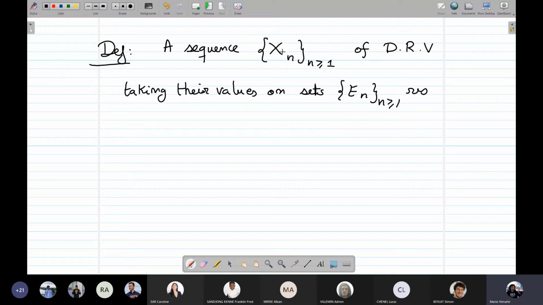That means that X1 takes its values on E1, X2 on E2, respectively. Is independent